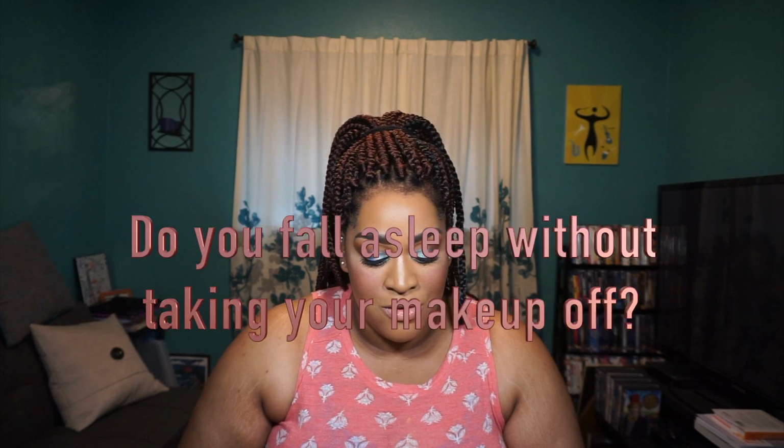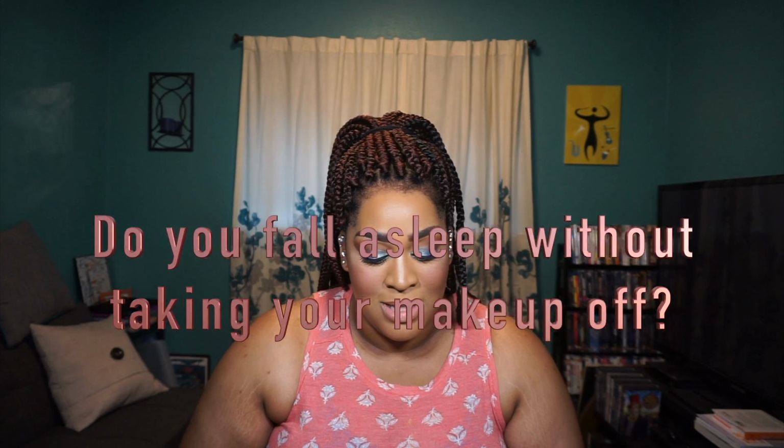Do you ever fall asleep without taking your makeup off? That's a cold, hard negatory. Because most people who know me know that back in high school, I had horrible skin. Like, we're talking cystic acne out the yin yang. And I didn't even really wear makeup back then, other than to try and cover up my acne